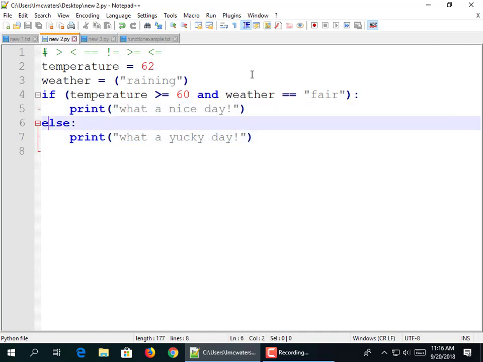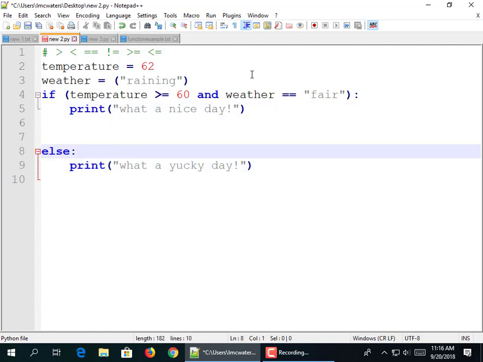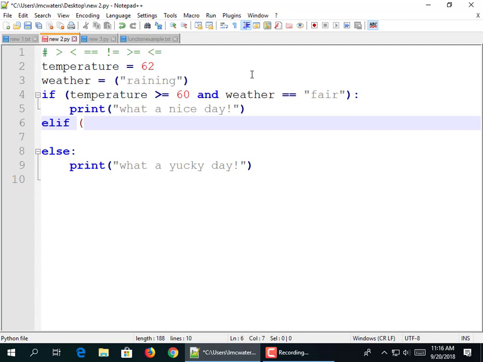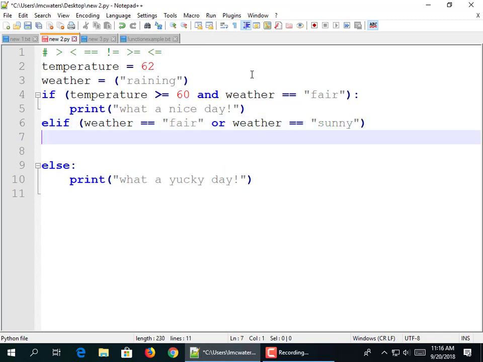Now we can also do elif. So that one's more specific, right? Yeah, this one is more specific. It won't check the other things if this one is determined to be true. Elif, say whether equal to there or sunny. Oops, gotta put the colon in there. Let it know that it's a